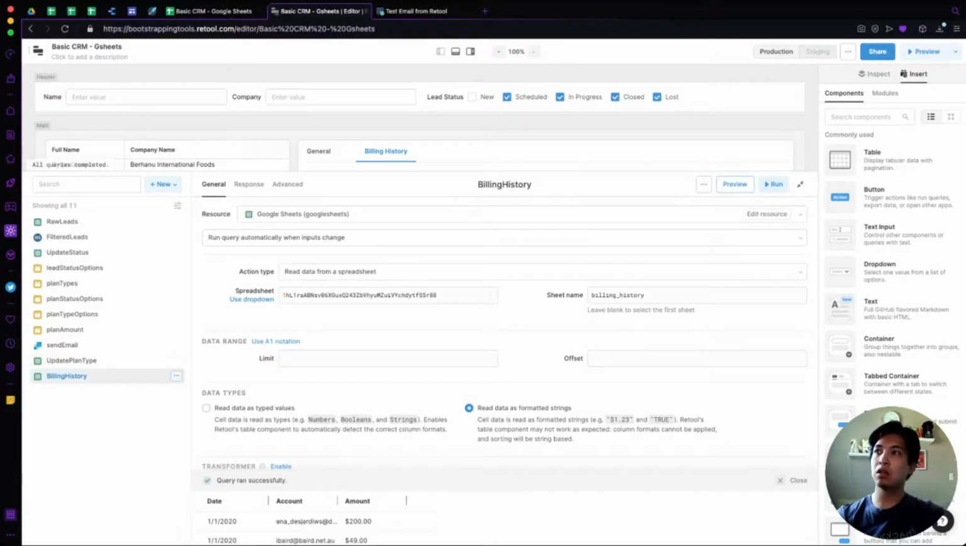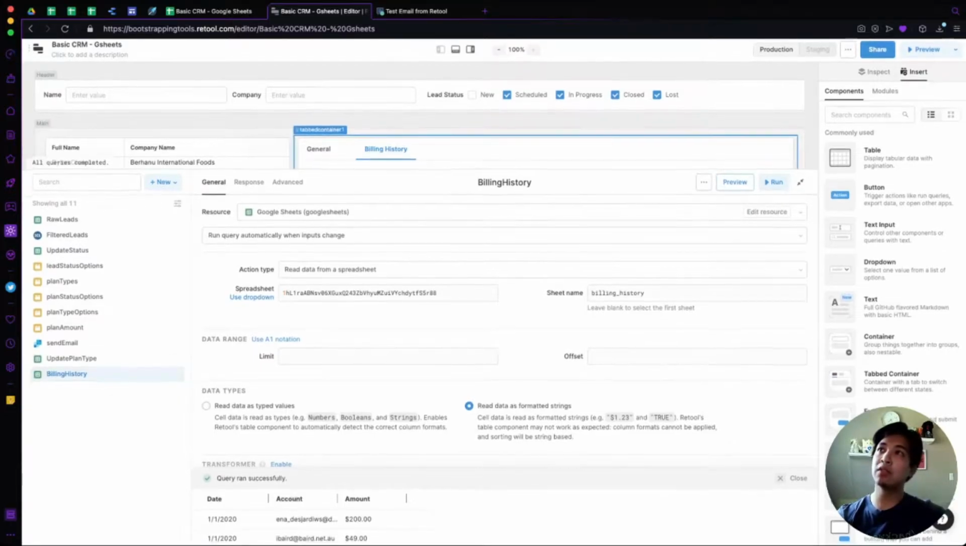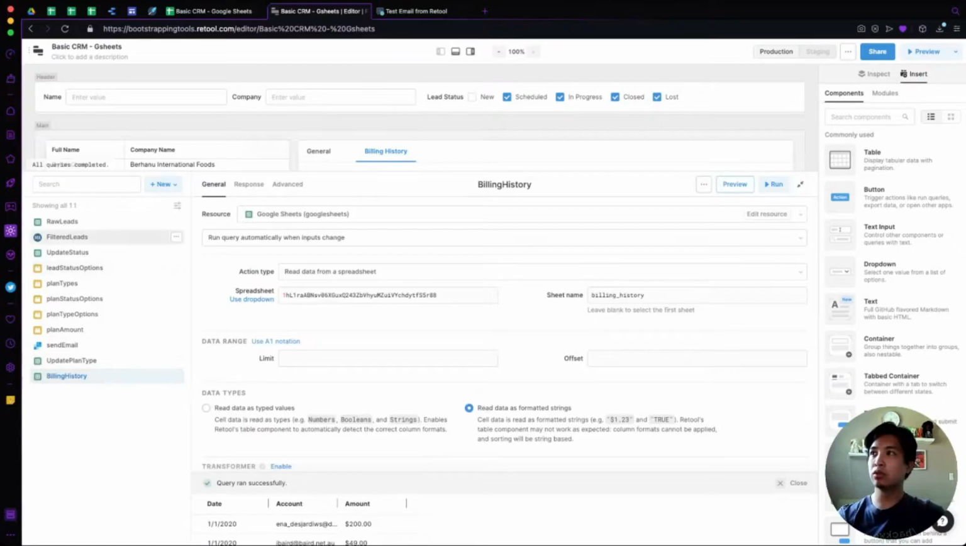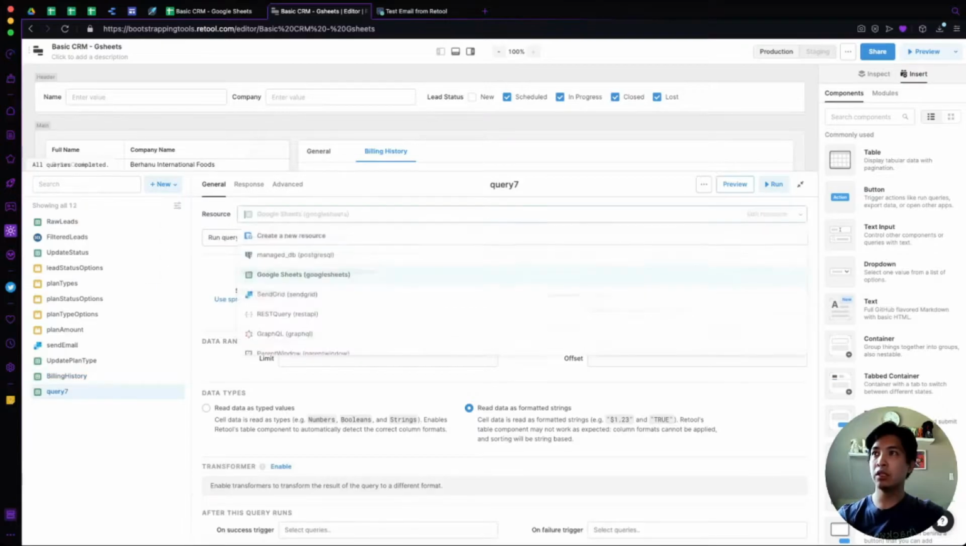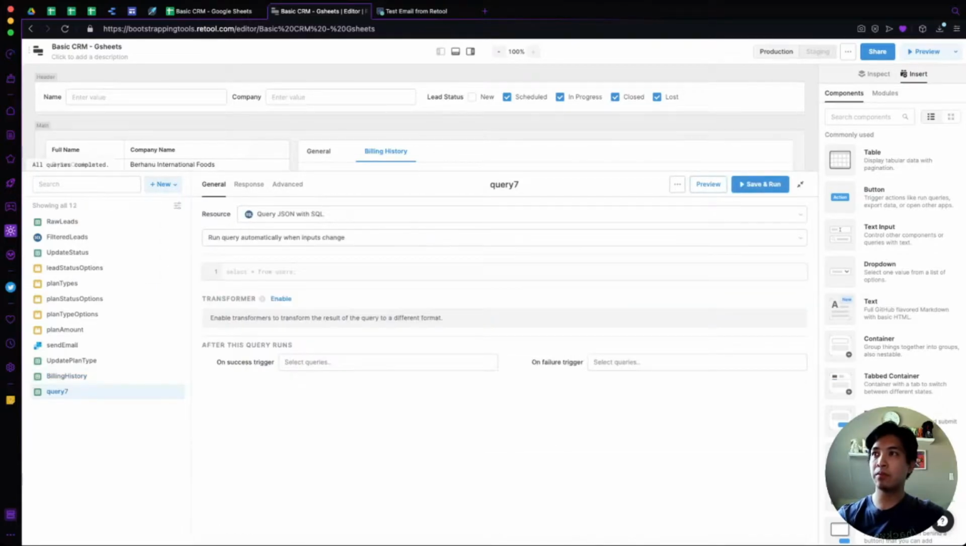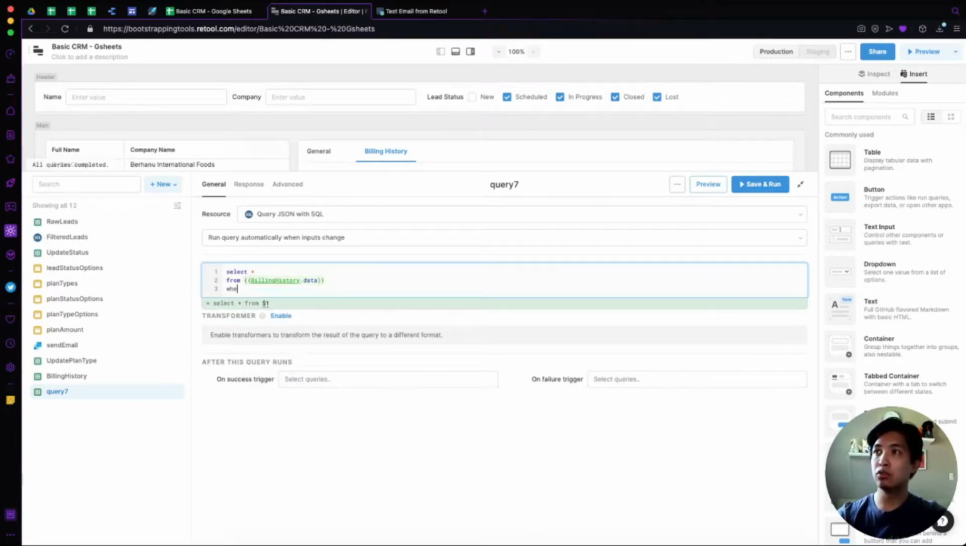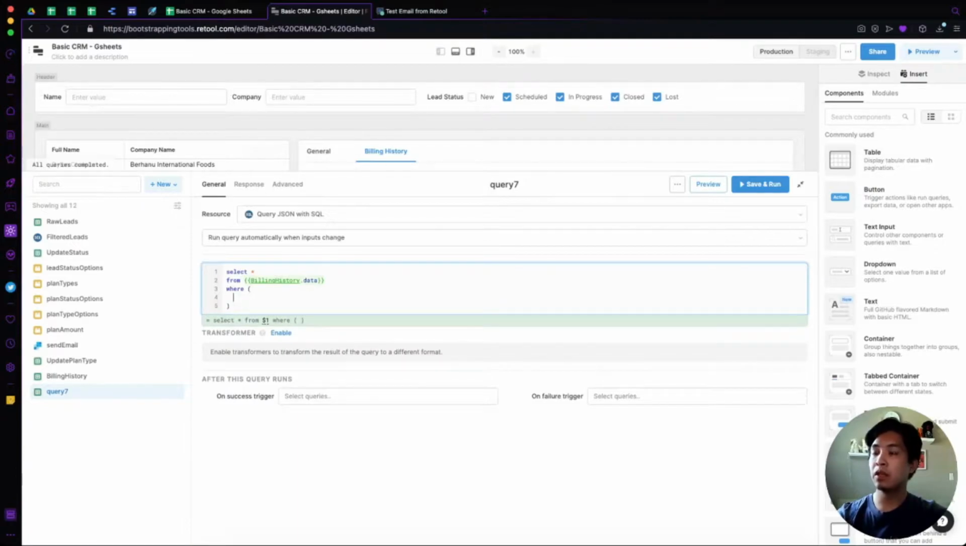Once that runs, because we have this in a container, as we select each one of our leads, we want to be able to see the specific billing history for that selected row. So here we're going to do something similar to what we did for filter leads. We're going to have a new resource where we query data via SQL. We're going to do it very simple: select star from the billing history data, and then where, let's add in parentheses here, where the account equals the